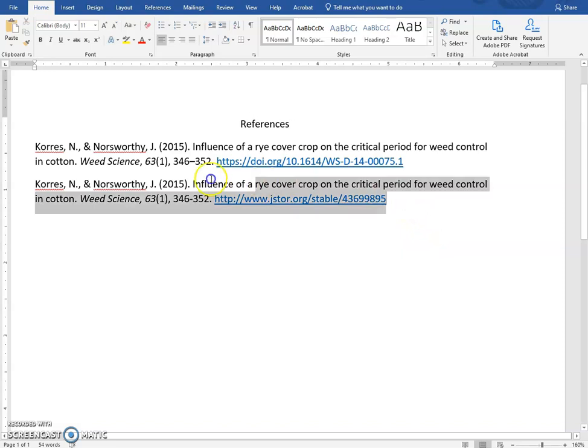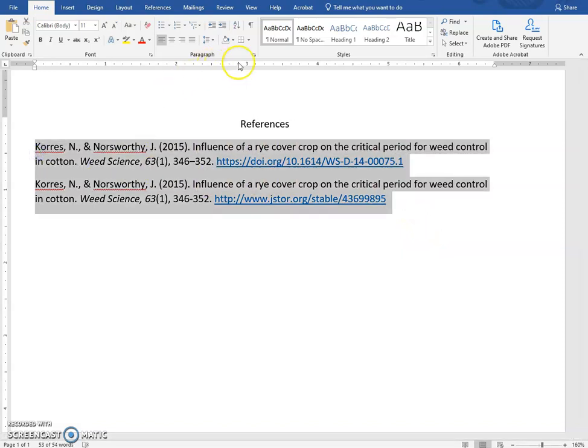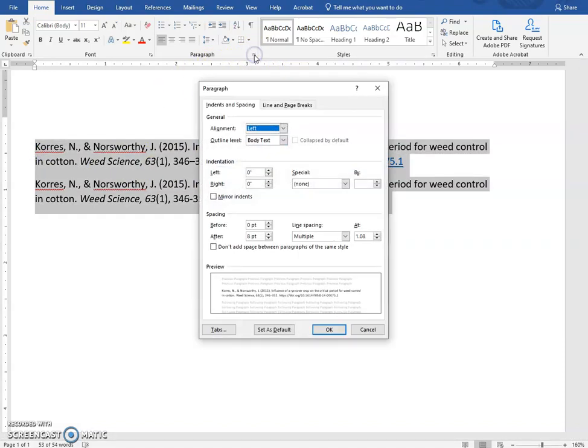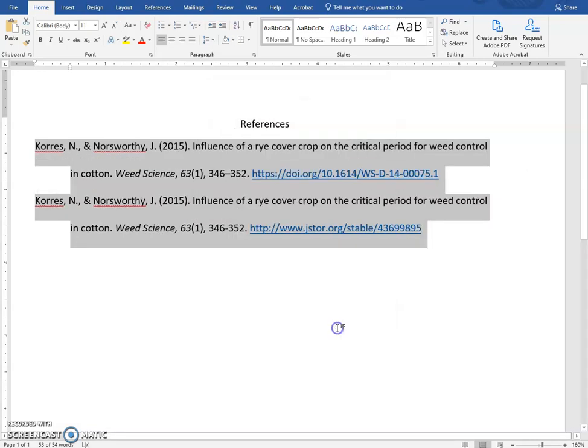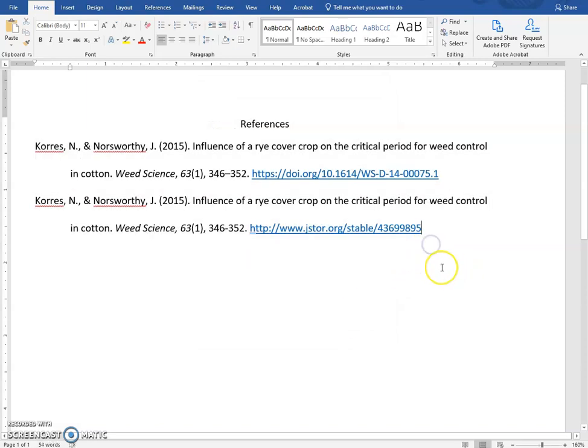The last thing, of course, is to make it pretty. And if you're not aware of this little tool, it's important to know about it. So I can, at one fell swoop, make my spacing double, get rid of any extra spacings that don't belong, and do the hanging indent that is necessary. So I usually leave the make it look pretty to the end once all of my citations are correct. And then in one fell swoop, I can make everybody pretty.